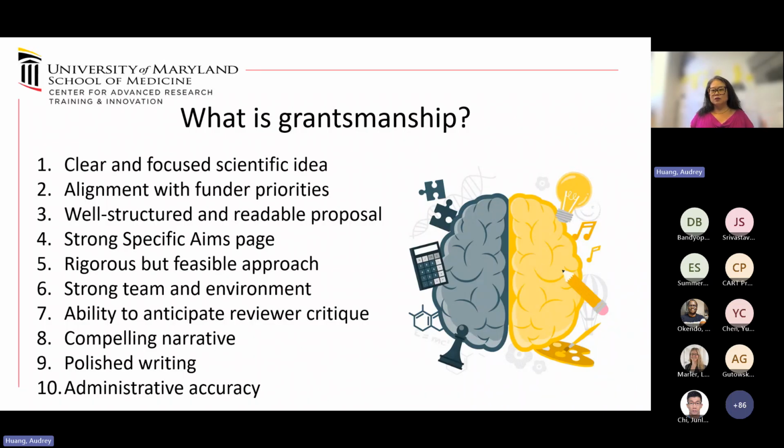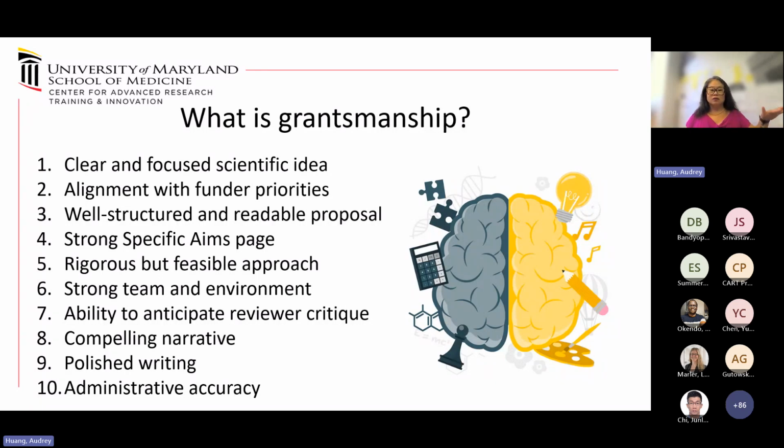And then last but certainly not least, administrative accuracy. And this just means, are your margins, your fonts, your budgets, do they add up? Do they make sense? All of these little details matter. People look at them very carefully, and I have seen, unfortunately, grants get turned back immediately for administrative reasons, and that is putting the wrong information in the wrong section, or having your margins too narrow.